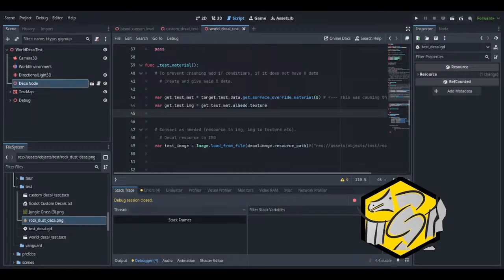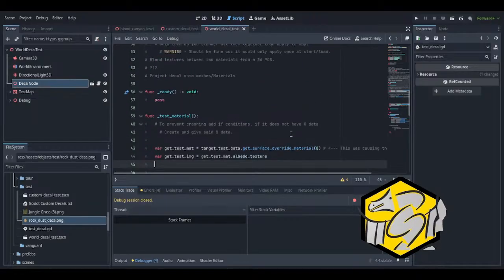Compares Texture 2D. So yeah, you do use get image. Strange. I feel like that should work.